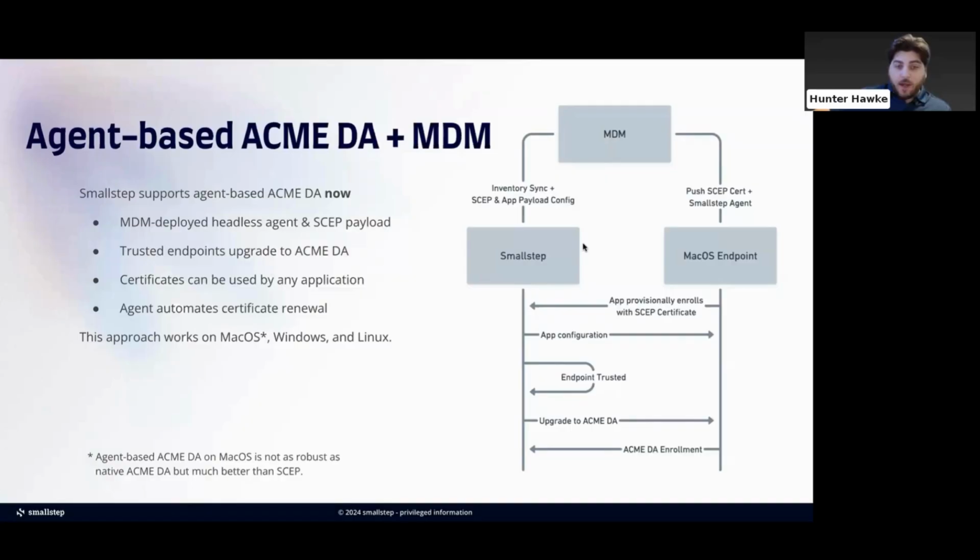From here, to add more devices, you'd enroll them in MDM, your device inventory. They'd sync over to Smallstep, certificates would push, we'd roll out the agent, and it could do an attestation via the agent to upgrade to ACME DA. Now, for devices that aren't in inventory, I'm thinking perhaps if you have a fleet of Linux devices,